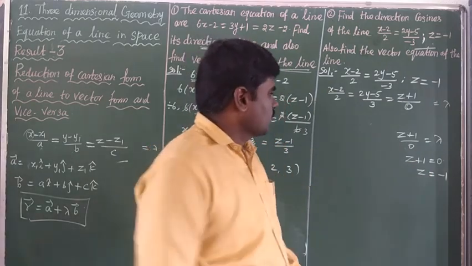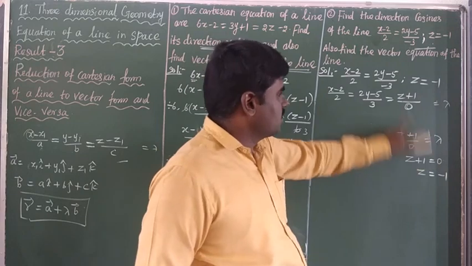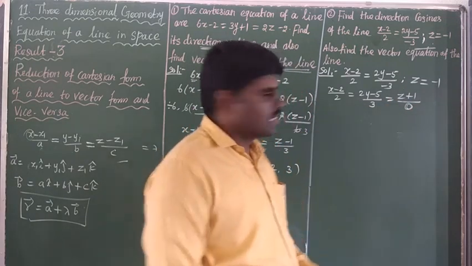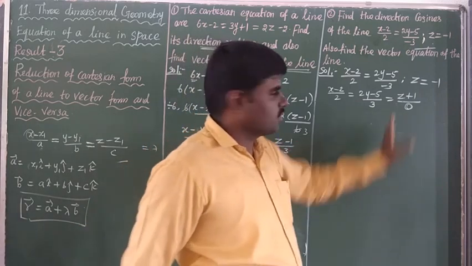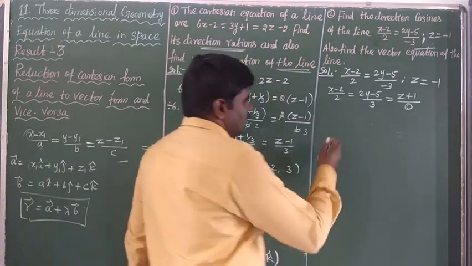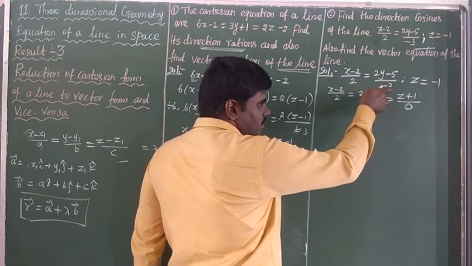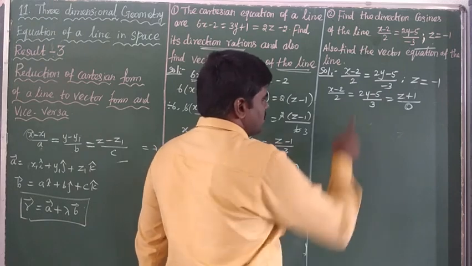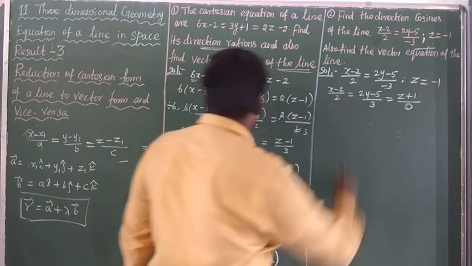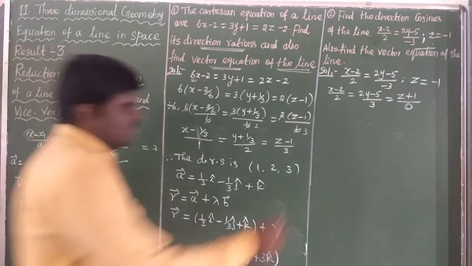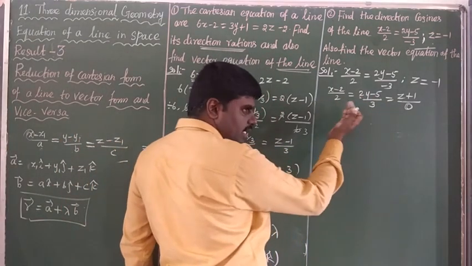Next. Okay, so understood this concept? Many times this type of problem will come. Now, (z plus 1) divided by 0. Now, what are the points? Here, the point is 2. Why? Because it's a symmetrical equation, (x minus x1) divided by a, (y minus y1) divided by b, without any constant with x, y, z. But here, 2 only comes, so first you take 2 common.